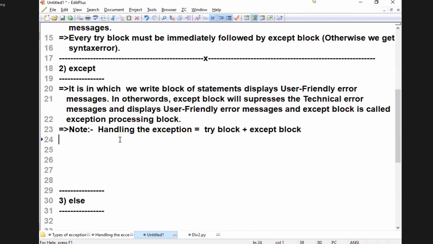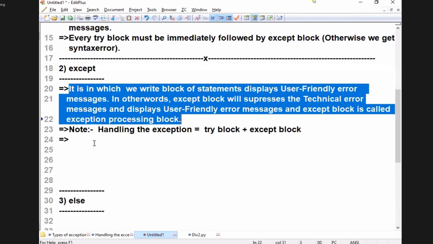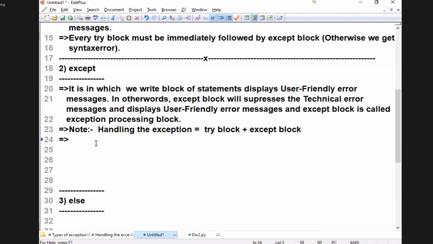Yes. Now tell me, what are you doing with the except block? First thing is always its purpose. Second one is what? I want to write the syntax. When will this except block execute? I want to know the answer. Correct.